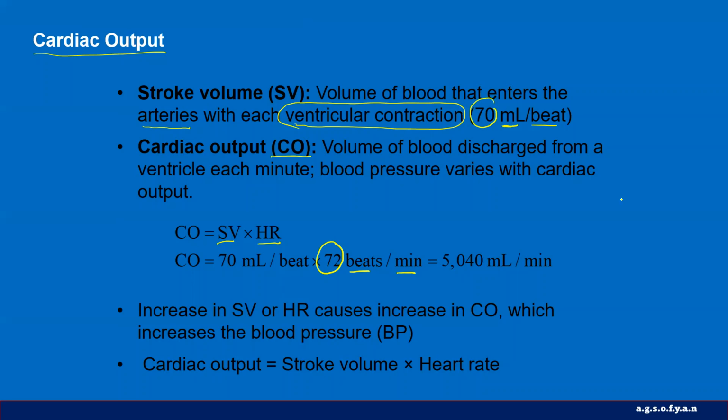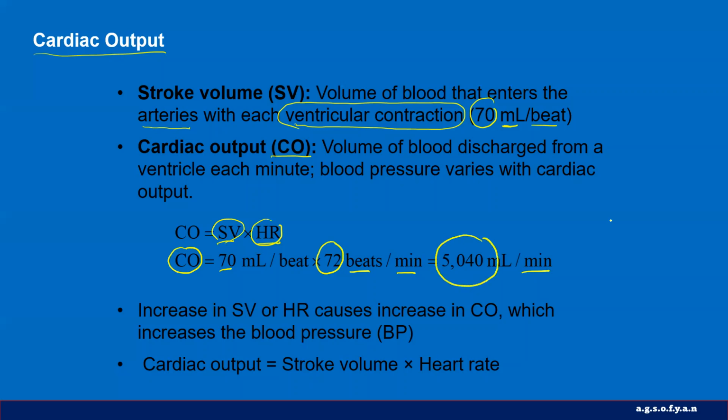So if we multiply the stroke volume by the heart rate, we get the cardiac output, how much blood is actually pumped every minute. Okay, so 70 milliliters per beat times 72 beats per minute gives us around